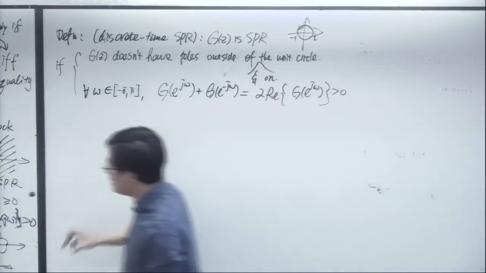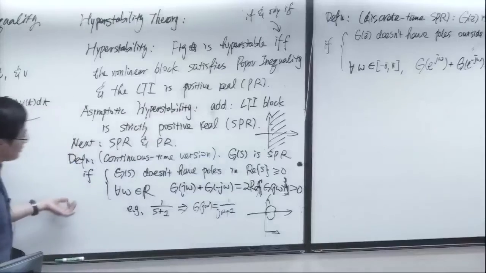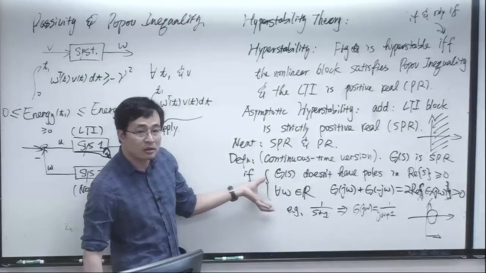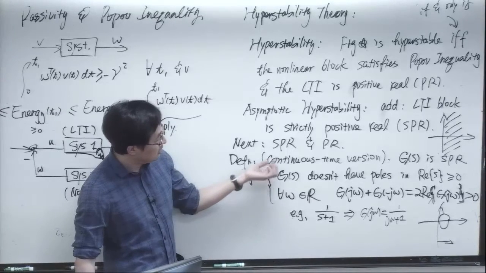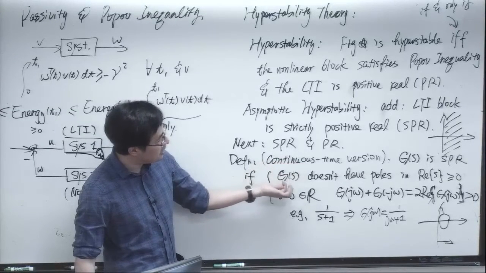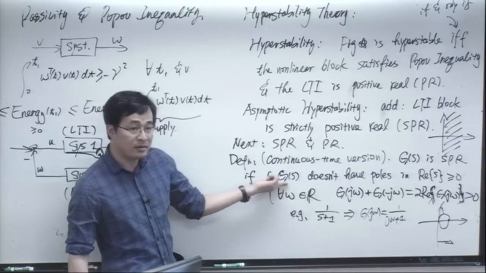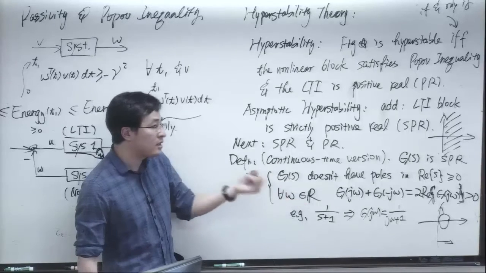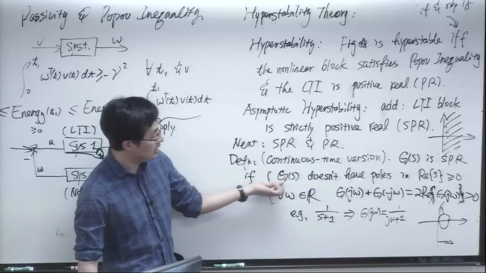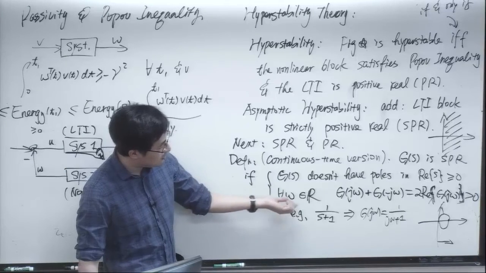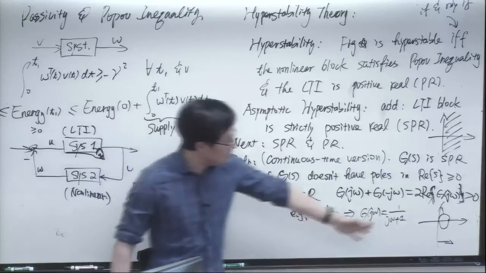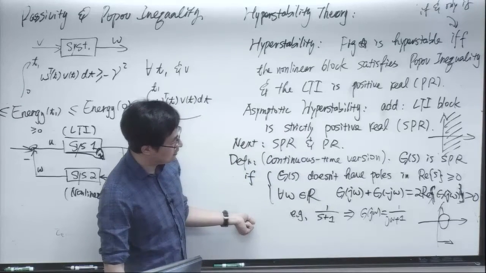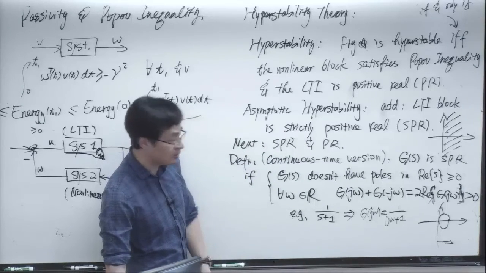Before we discuss the details, let's take a look at what this means. These are actually strong conditions in a way. First of all, if it's SPR, you already see that it has to be stable, strictly stable. It doesn't have any unstable poles, doesn't have any marginally stable poles. And second, it requires this frequency response to also lie strictly on this right half plane. And that's not necessarily always satisfied.